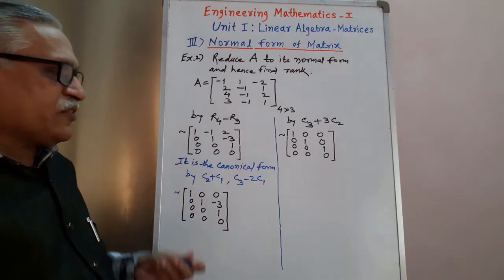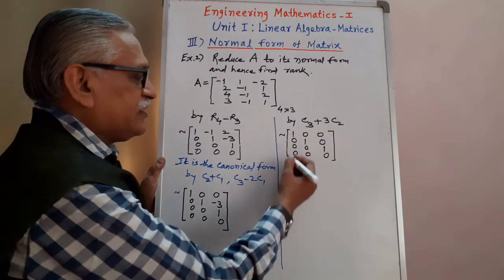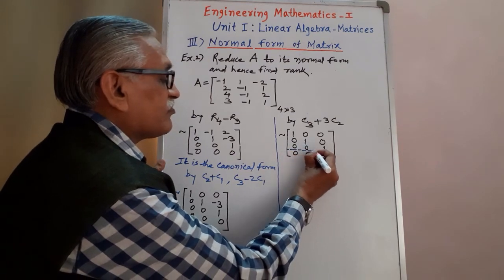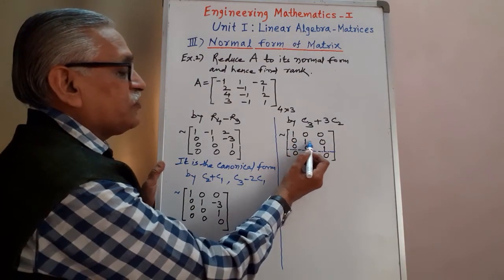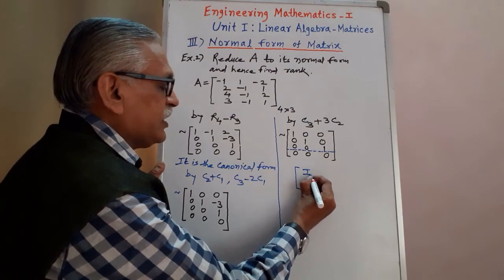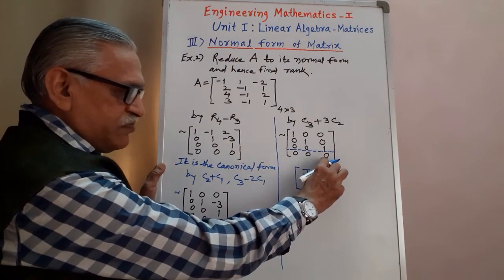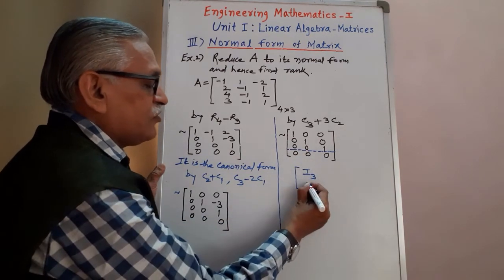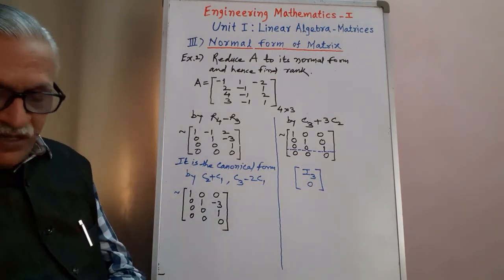Therefore, after this we have to separate the identity matrix by drawing a line or dotted line, and therefore I can separate that identity matrix. Therefore, 1 0 0, 0 1 0, 0 0 1 is that identity matrix of order 3, and below it a row matrix where all the elements are 0, and therefore a 0 matrix below it. Therefore, this is the required normal form.